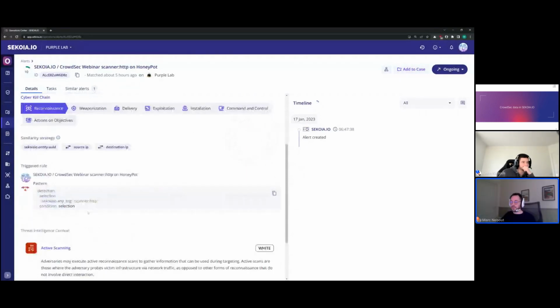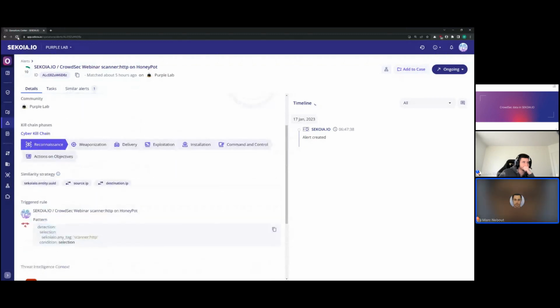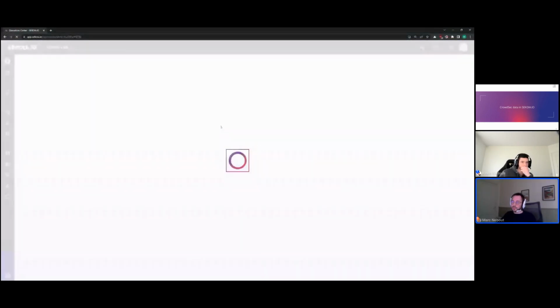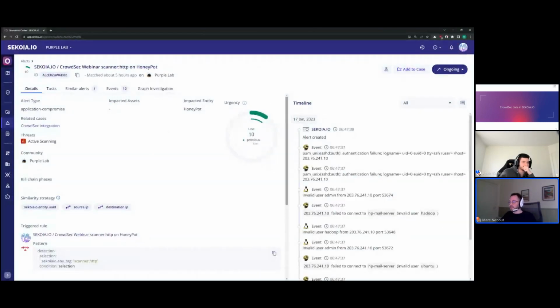So we give some context to our clients here. For example, we are telling our clients that we have active scanning. This rule is detecting active scanning, for example. This is something we can use when we create the rule to show people what is going on. I will just refresh. I think I have some network issue on my side. Yes, it's far better. So here we have 10 events detected